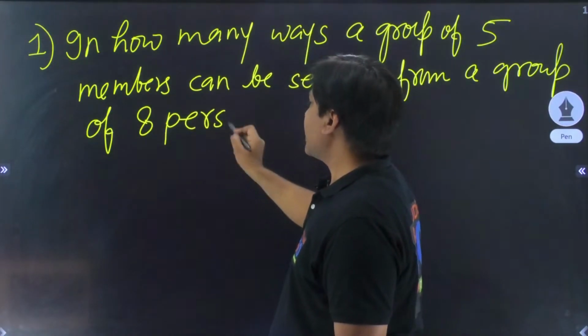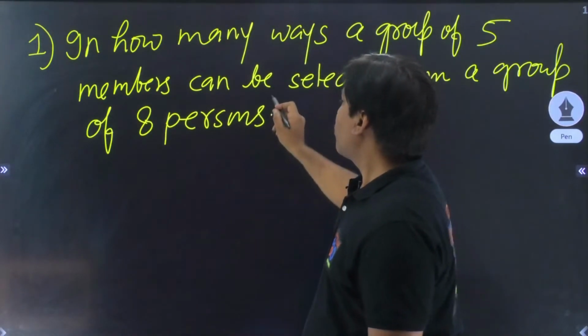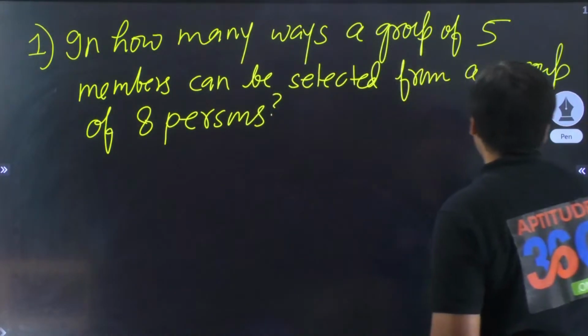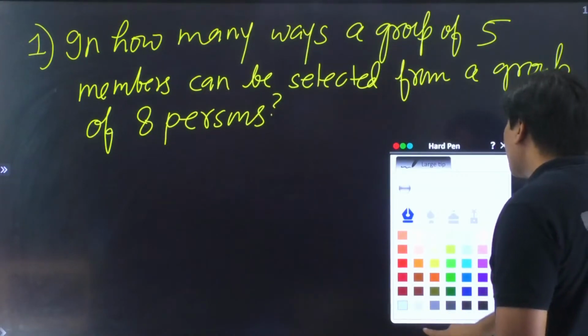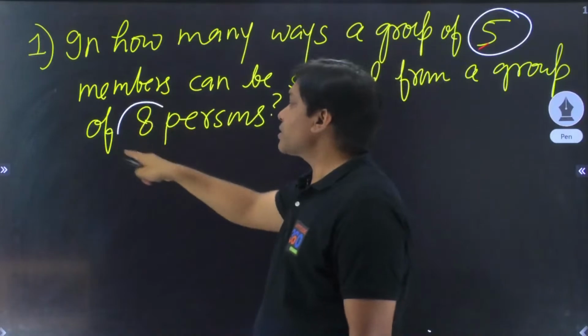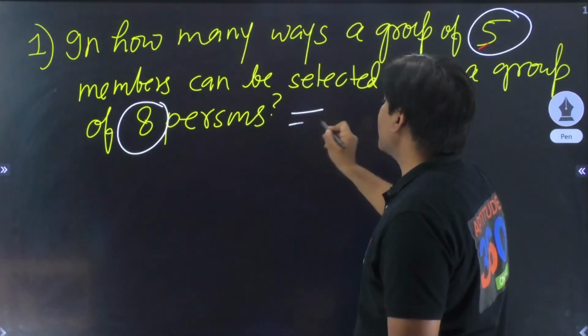What do you think should be the answer? We are concerned only with the selection part, and we are concerned about selecting 5 persons out of 8 persons. I will say this answer is coming at